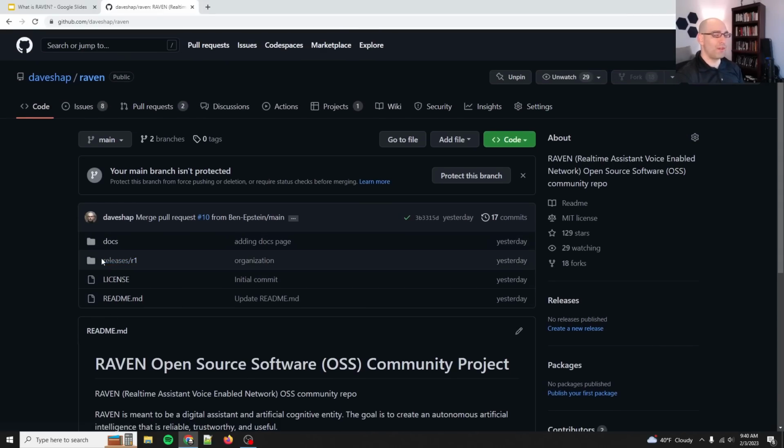We're going to break Raven up into releases. So R1 is like the MVP, the proof of concept release. Who knows how long it'll take? Hopefully only a few weeks or a few months, knock on wood. Release 2, release 3, 4, 5, it's going to get more sophisticated and bigger in scope as we go.